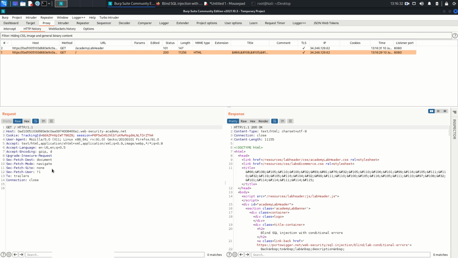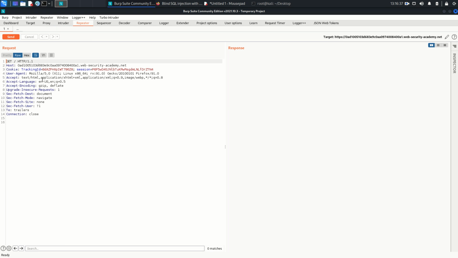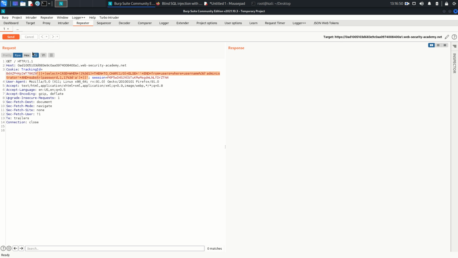Once we refresh, we got the hit here. Come here and send this request to the Repeater, go to the Repeater, and here this is the tracking ID, right? So I'm going to paste the payload here, fine, and make it URL encoded, send this request again,